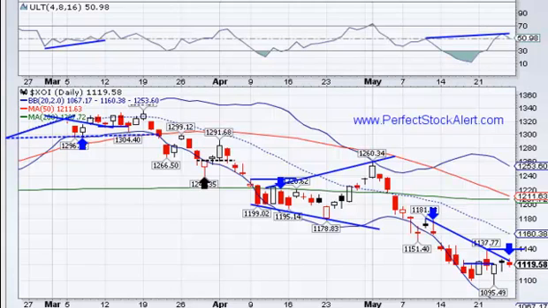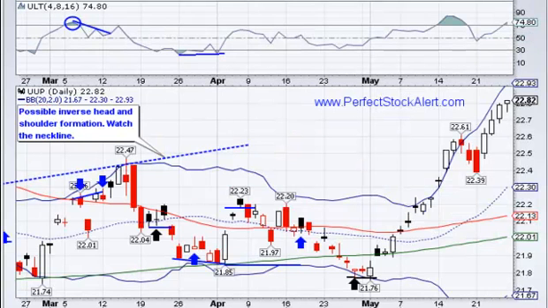You also notice the big bad divergence formation, the bear setup here and here. We talked about it again yesterday. I won't go into it, but you can watch that video that I made yesterday if you'd like more on the oil index. The UUP, or the US Dollar Bullish Index Fund, this one you can see we've clearly